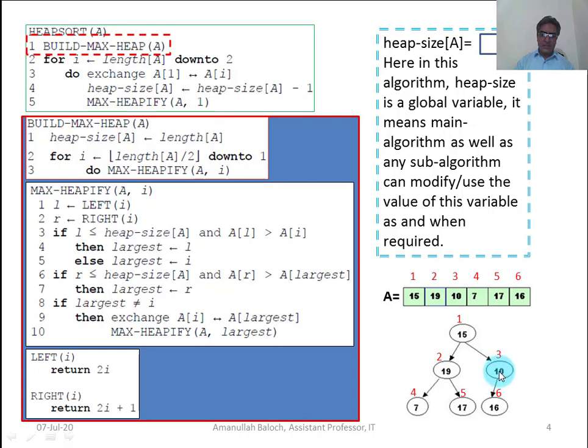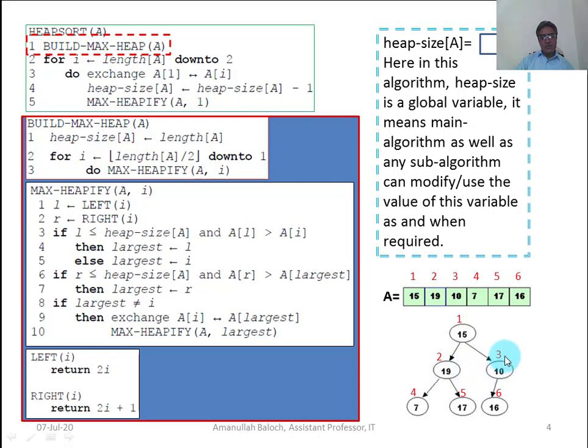The last parent is 10, its index is 3, so the value of i is 3, and then it will decrement, 3 down to 1: 3 to 2, 2 to 1. Then the computer will execute for the next parent, and then for 15, because it is the first parent. These three are the parent nodes in this heap.